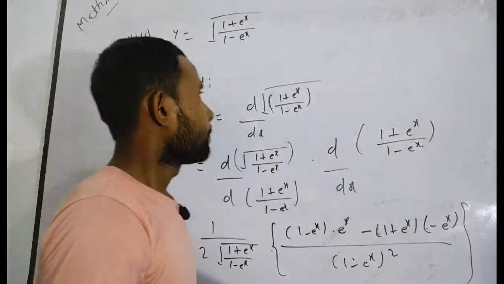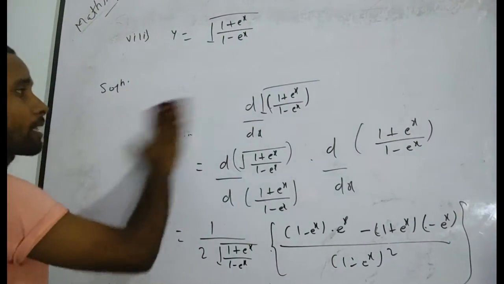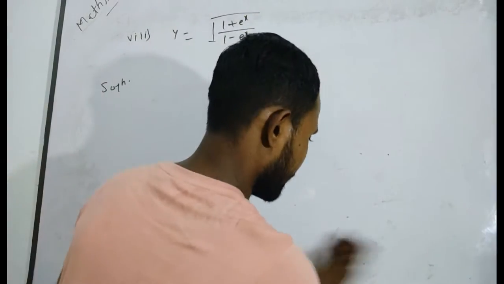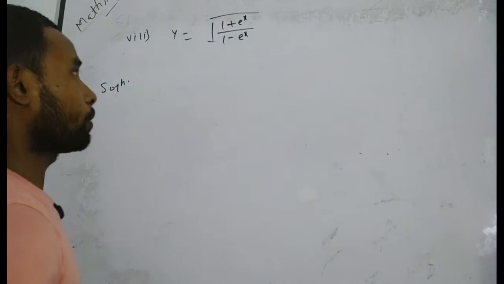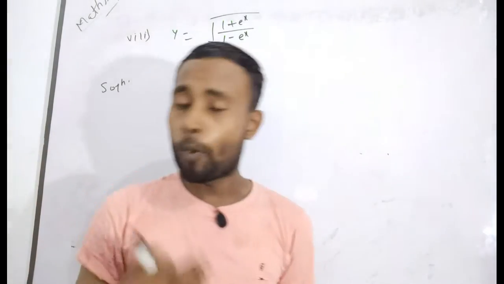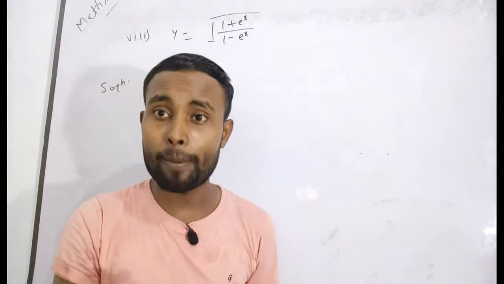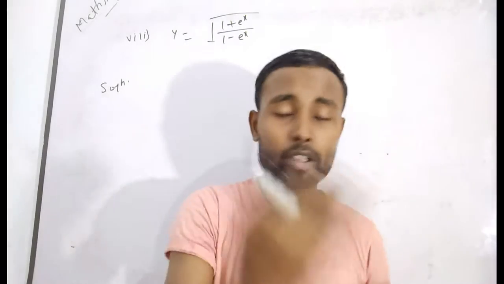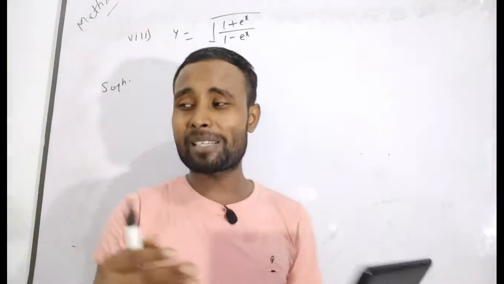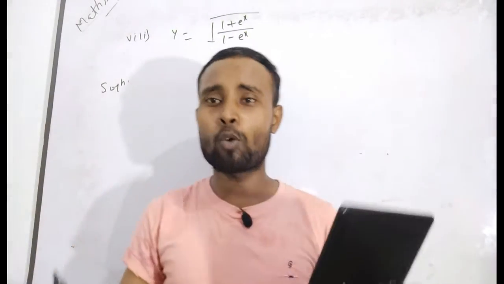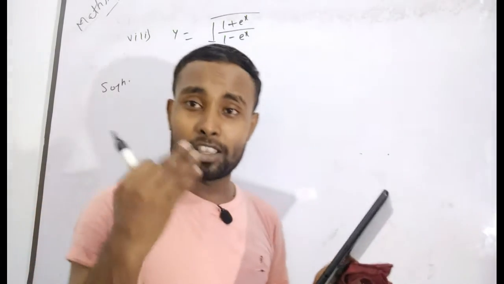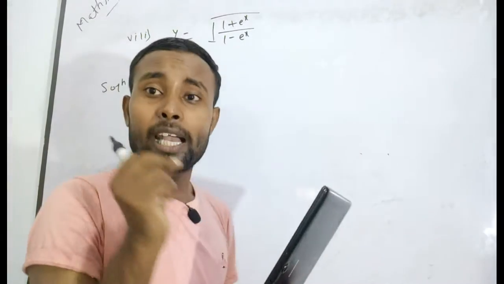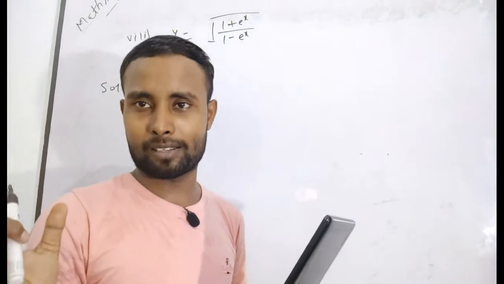Now again, I am telling you the second method to solve this problem. How can you solve this question by the second method? The second method is also very easy for you. Whenever you face a more complicated problem, that means the given function has more than two terms, and the terms are given in square root form or cube root form, then you always have to use the logarithmic function.